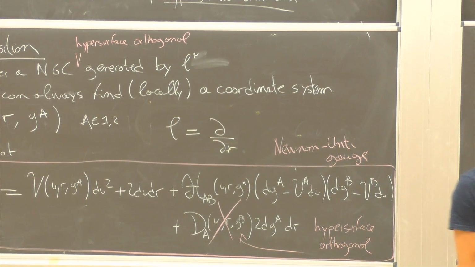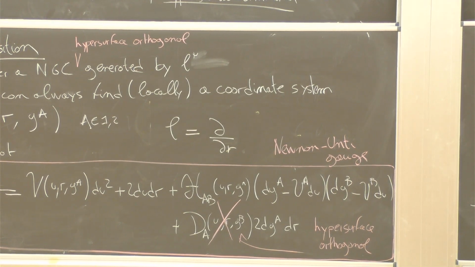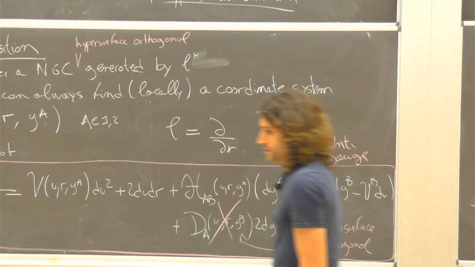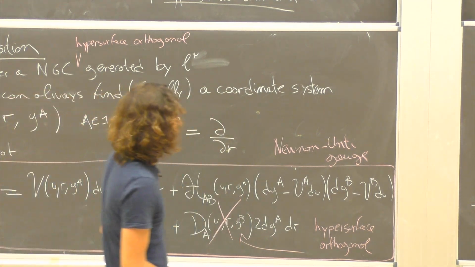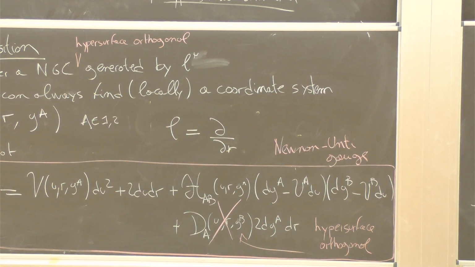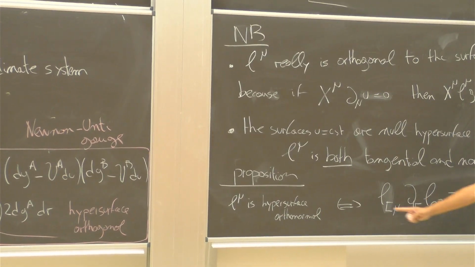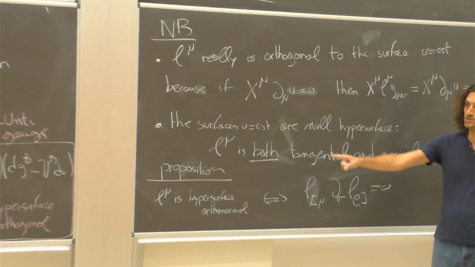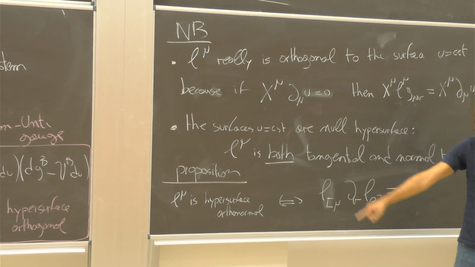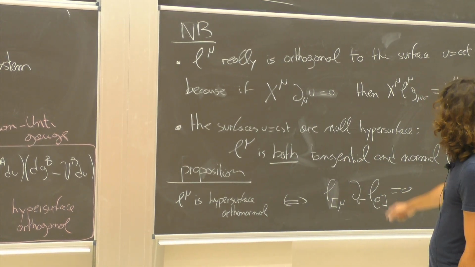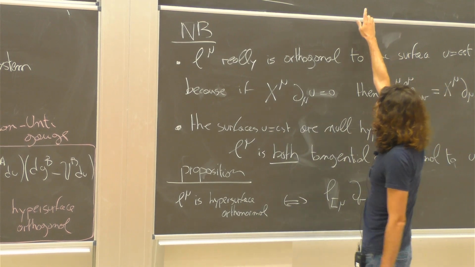Yes? Could you give a bit more detail on why DA vanishes? Okay, so there are many ways of doing it. Either you take this coordinate system, you believe this theorem, and you compute this guy, and you will see that this will force this object to be 0. So either it's a computation, or you see it in this definition.